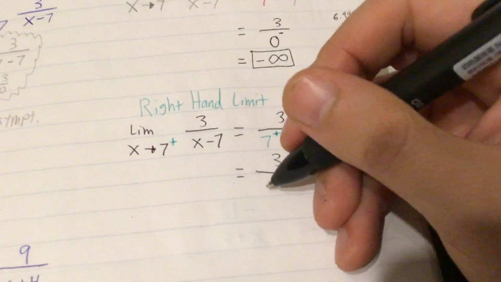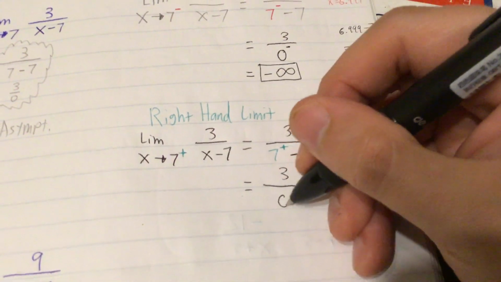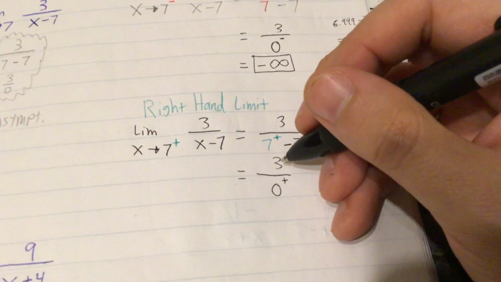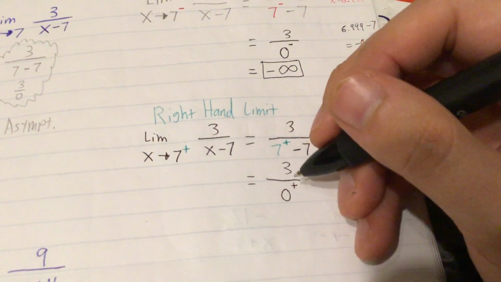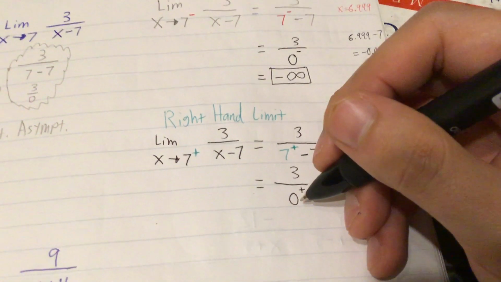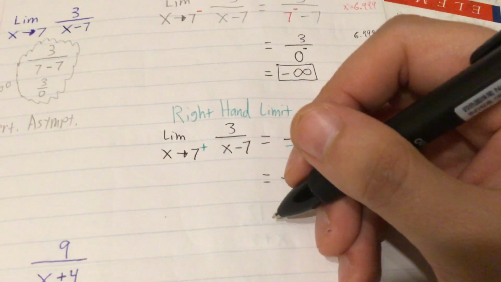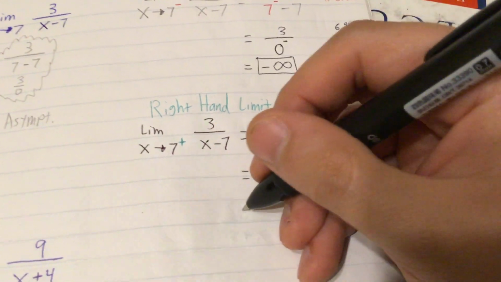But remember, that's positive. So that would be the positive side of 0. First things first, 3 divided by 0 would be some sort of infinity, but because it's positive 3 divided by positive 0, I know, positive 0, crazy,